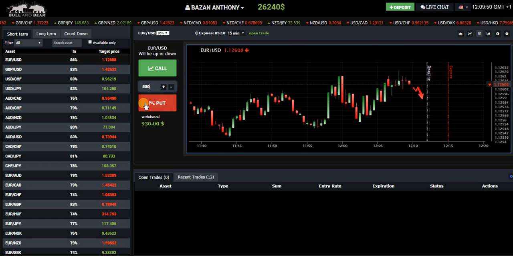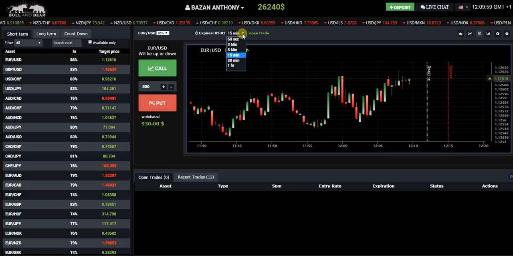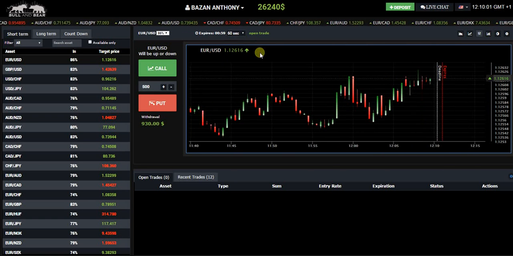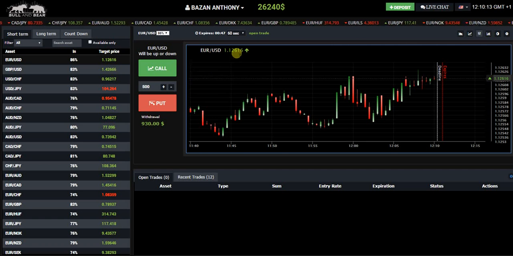So what conditions should be met for the position to be in the money? It's very easy. The rate at the expiry time should simply be higher than the entry rate. For example, if currently we choose 60 seconds, as you can see, the entry rate of our position would be 1.12618 if I currently press trade. And if, let's say, in the next 60 seconds, the value of the position would be lower in case of put, or higher in case of call, then I'm going to make $430 net profit